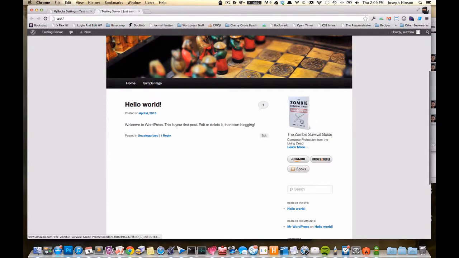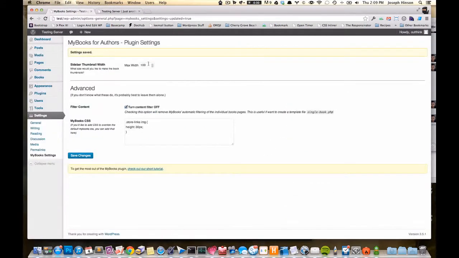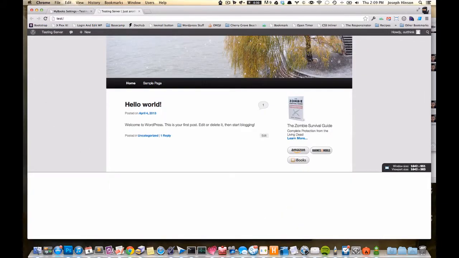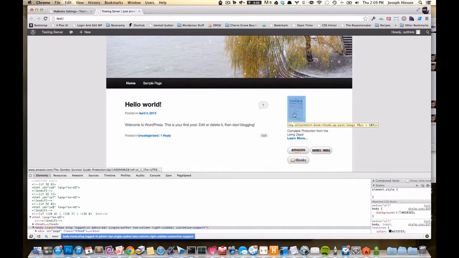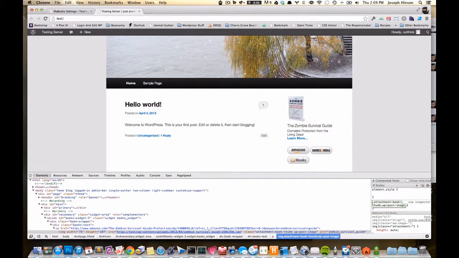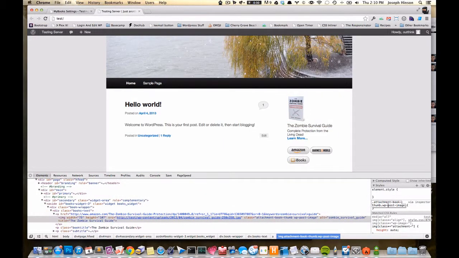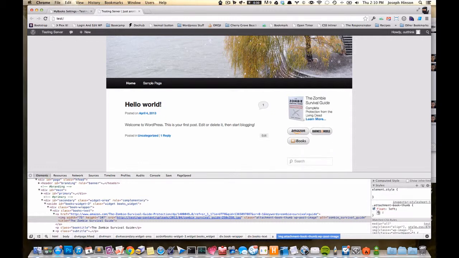And so if I was going to do something, for example, let's just say I had a lot of them and I wanted to make them smaller. I'd say 75, and then refresh this, and then I might add some CSS to target specifically the image, which is attachment book thumb, and I'm fine with that. Float left, and then margin right. I might make that like 5 pixels just to give it a little bit of room,